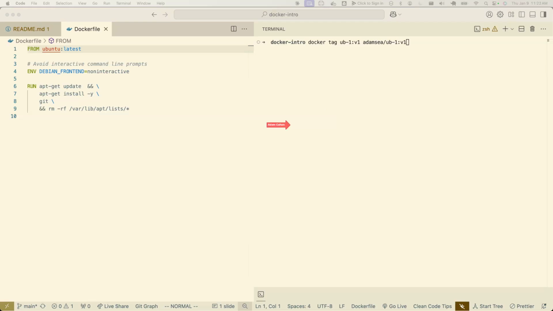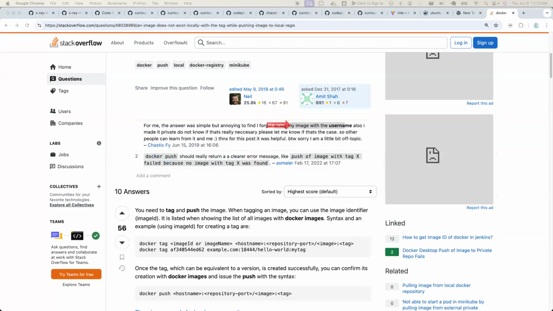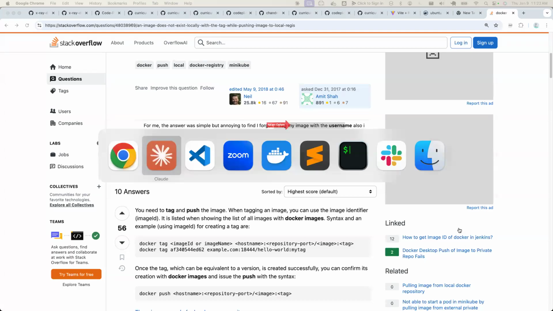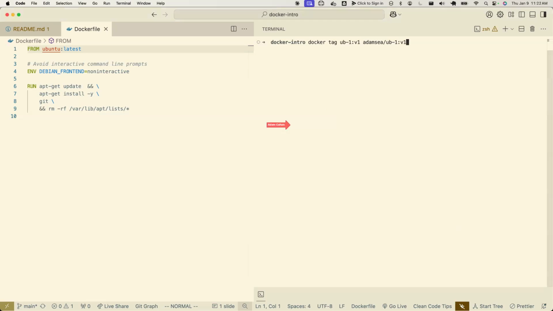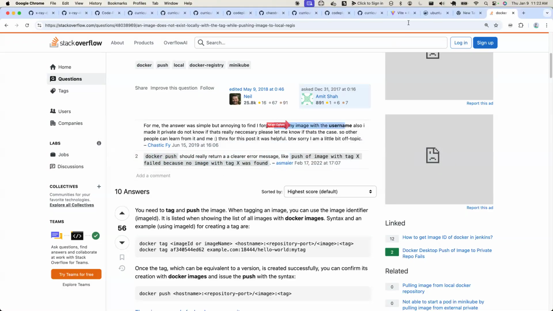I would just double check that the username you used in the tag and push commands is the same as your username on Docker Hub. Gotcha. And just to confirm, did this work for anyone? Okay, I see a couple thumbs up. And I realize we've run long as well, so we should be wrapping. I'm more than happy to stick around to help debug the issues, but the end state of our journey here is